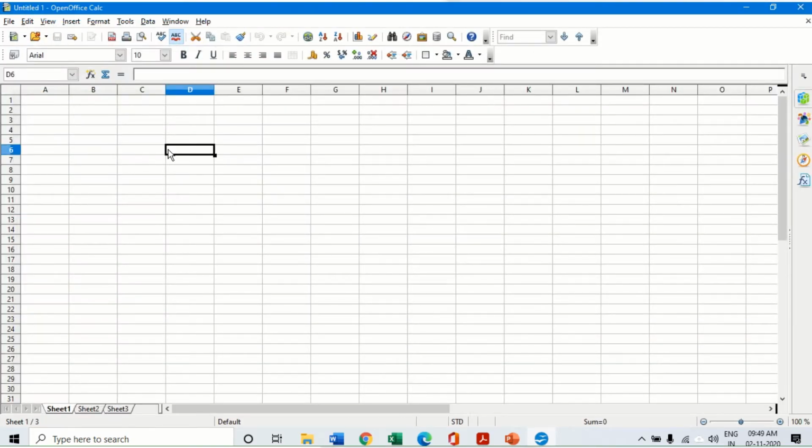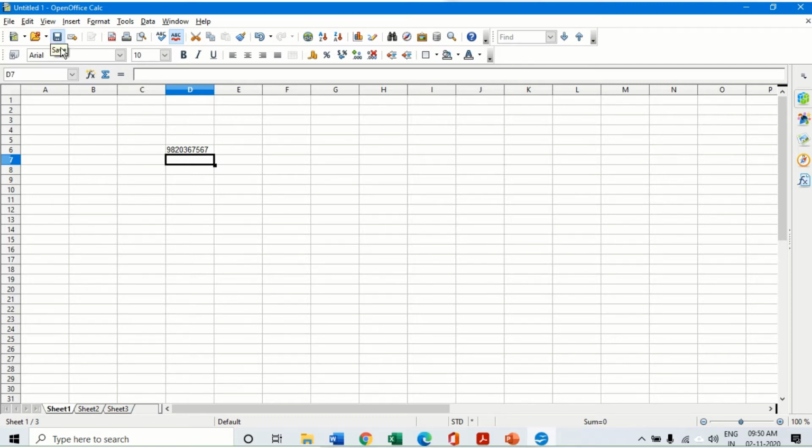Now when I come to my empty sheet and I just write down, do you remember the sum function, average function, how we used to write that? Is equal to sum and in bracket the range, right? In the same way, I'm just simply calling this function called phone. So I will call this function phone, open and close the parenthesis, enter, and it will display to me the phone number. So this way I have created a small function. I have written the code for creating a function.